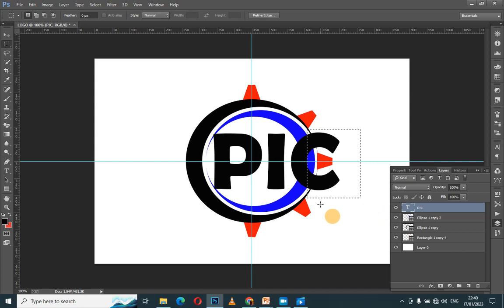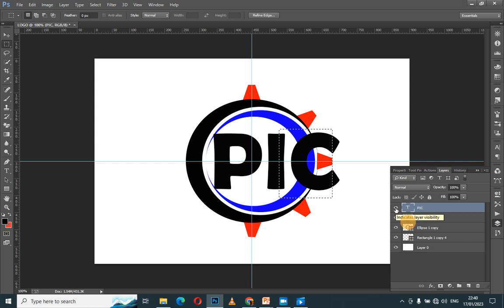Let me just move it, and you'll see this one here. I want it to hold all the edge. I wanted these edges to come out, so let me first